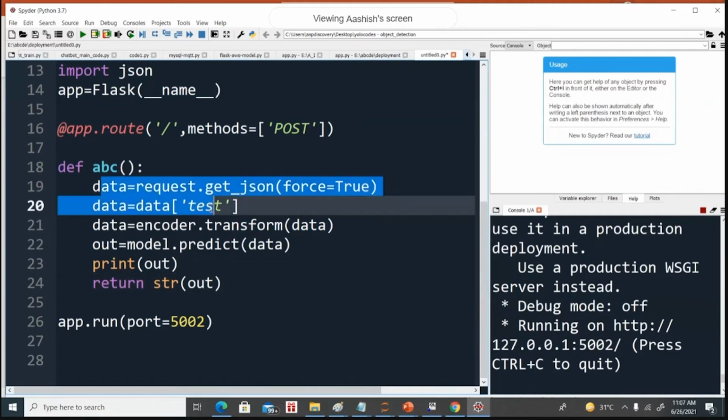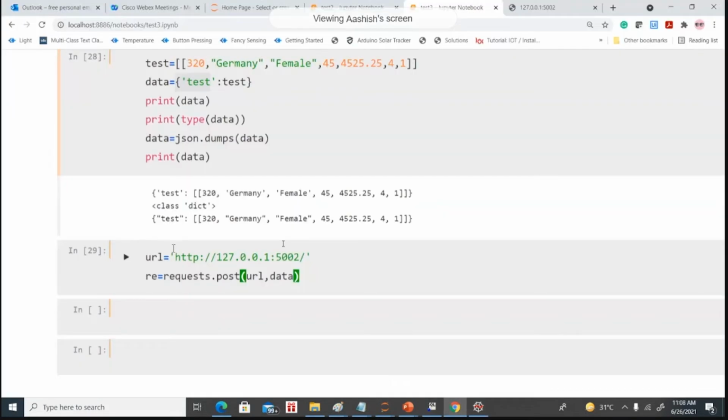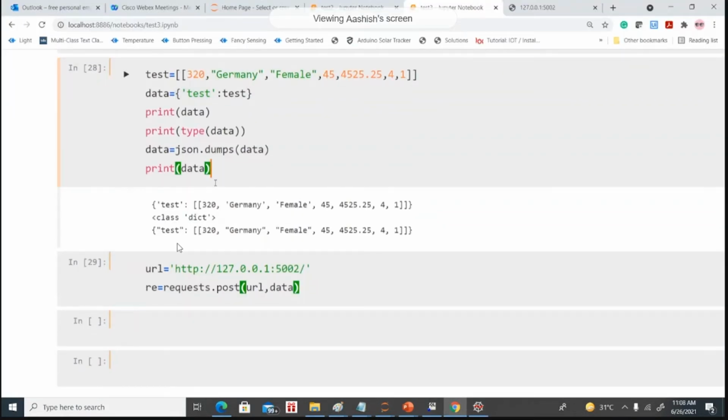So we are designing this model with this Flask code, and again, you can stop this and run it again. What we're doing is, the server takes data from the client and sends it to the encoder. The encoder performs the transformation. Then we send this transformed data to the model, and the model predicts the output, whether the customer will leave the bank or not. Then it sends this output as a response to the user.